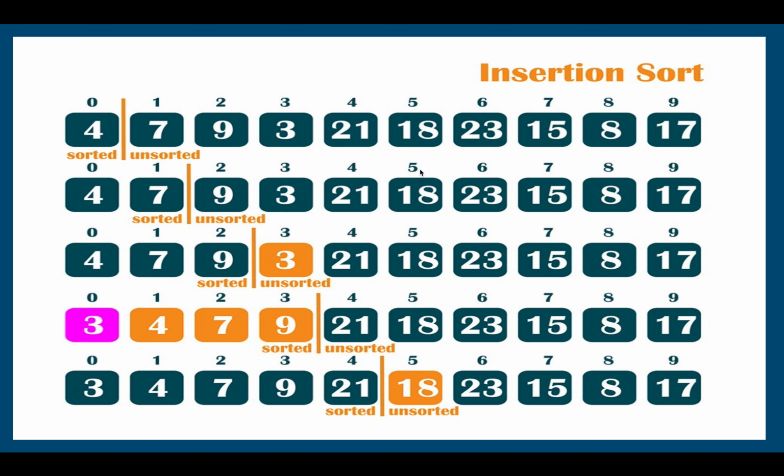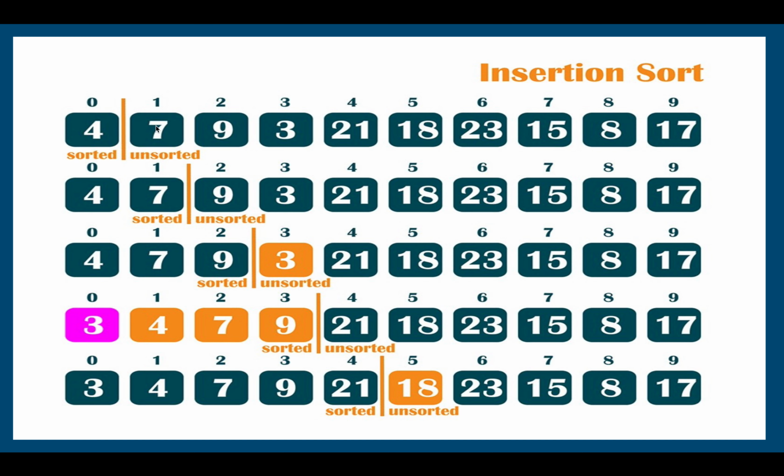So let's understand how insertion sort actually works. In the first line you are looking at, this is an unsorted array. We will focus primarily on the focus points. What are the focus points? If you are given an input array, the first element is always sorted. If you are given a single element, there is no point in sorting it because it is always sorted. So in insertion sort, we always start from the second element because we know the first element is always sorted.